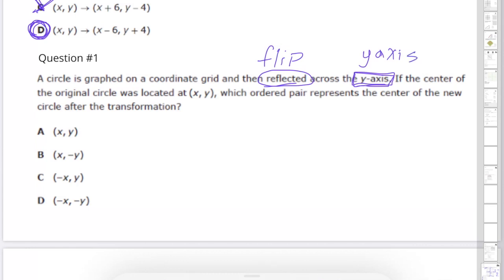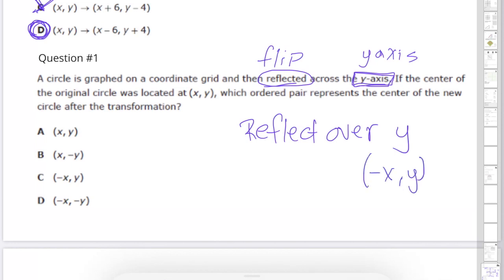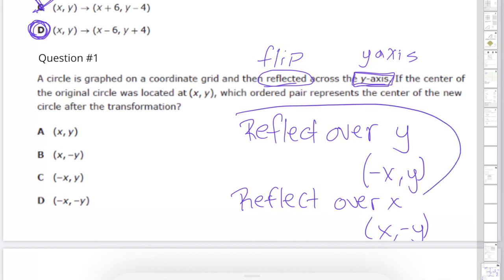So I know that anytime I am reflecting, the opposite is going to change. So if I'm going to reflect over y, then x is what is going to change. So it should be negative x with a positive y. But if I was reflecting over x, then y would change, because remember, I'm always going to change the opposite. So because it says I'm reflecting over the y-axis, I'm going to choose this first one, and that is negative x, y. So when I look at my answer choices, I need to make sure that x has a negative